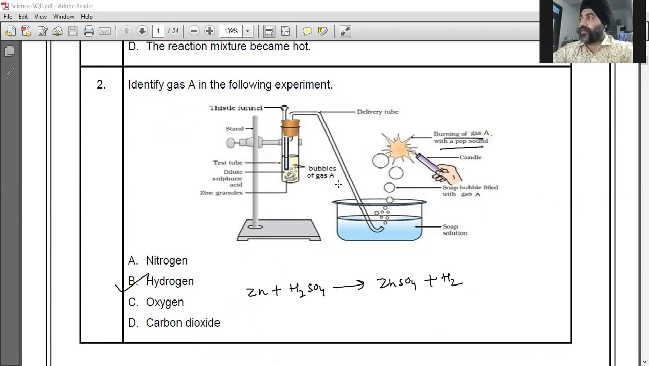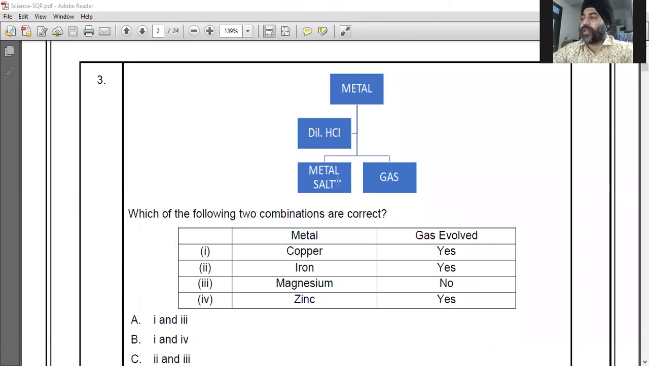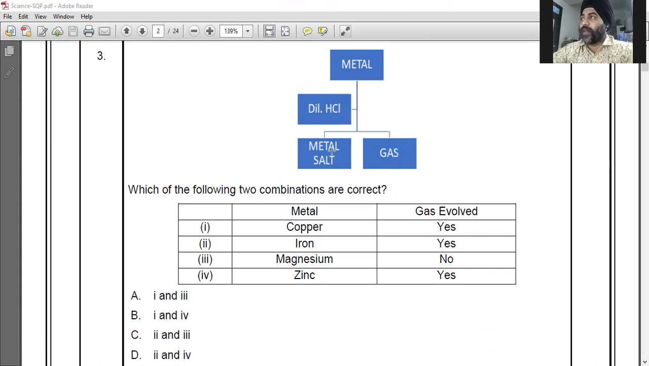Now, this is a question related to a table. These types of questions can appear in the main exam also. Here, a flow chart is given. In that flow chart, it is shown that when dilute HCl is added to a metal, or if there is a reaction between a metal and dilute hydrochloric acid, a metal salt will be formed and a gas will be produced. But as you know